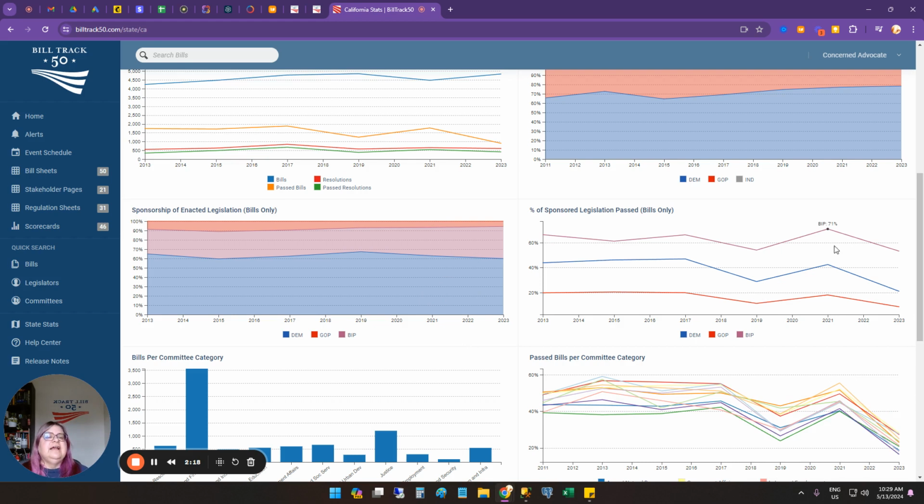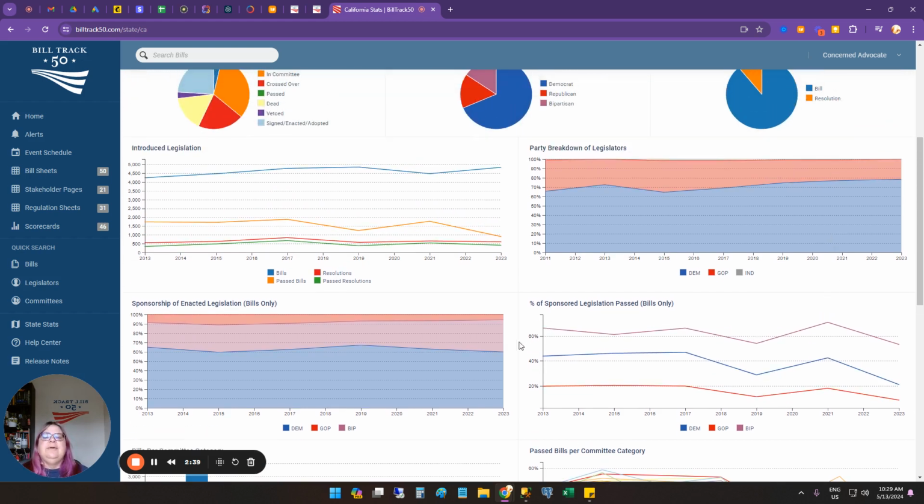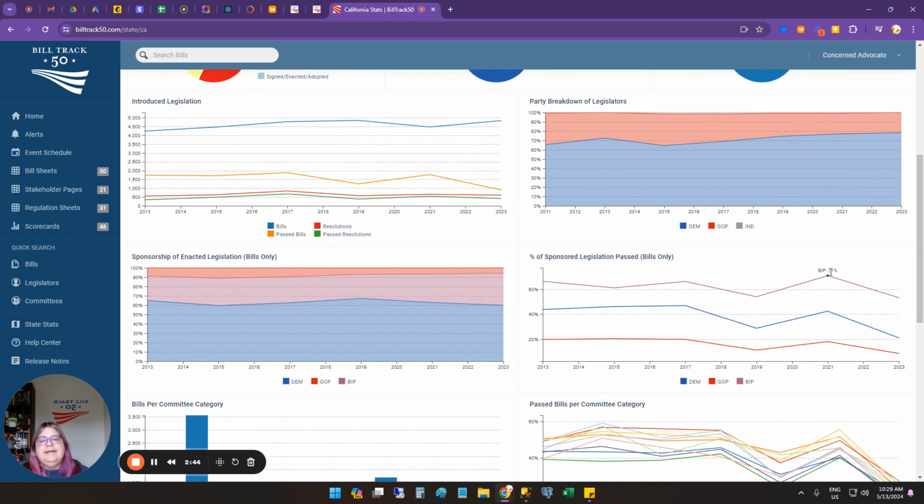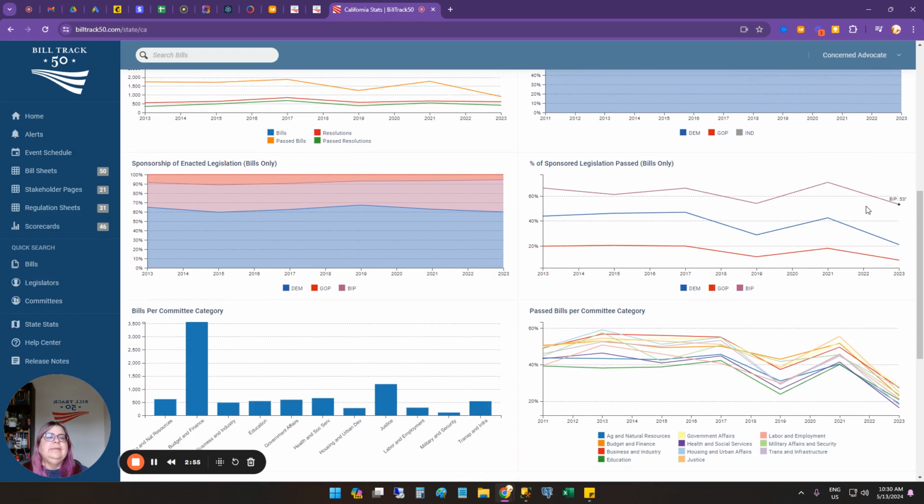And then here is kind of a flipped over way of looking at it. So again, in 2021, we see that bills that were introduced by Republicans only, 18% of them passed. So it had like an 18% chance to pass. Bills that were introduced by Democrats only had a 43% chance to pass. And bills that were bipartisan had a 71% chance to pass. And we see that a lot of bipartisan bills passed, even though not that many bills were bipartisan. So if you see that a bill is introduced by either Republicans only, Democrats only, or is bipartisan, that gives you some idea of if it is probably going to pass.